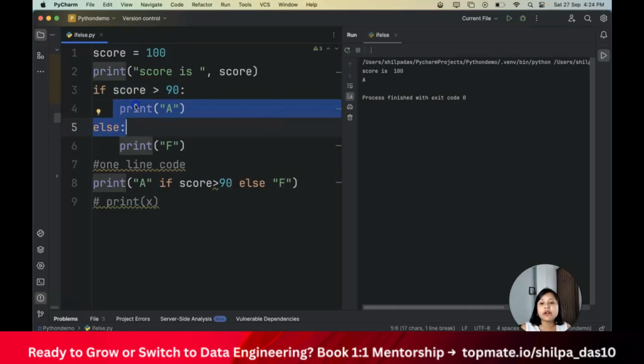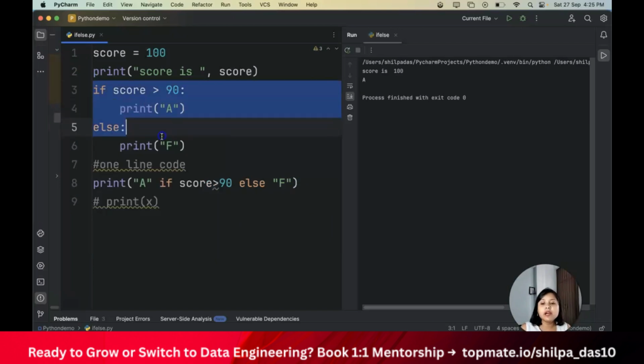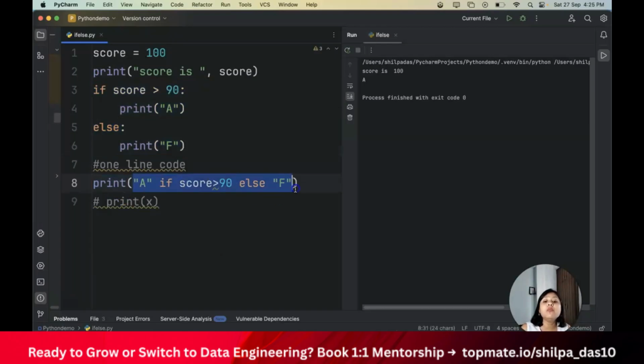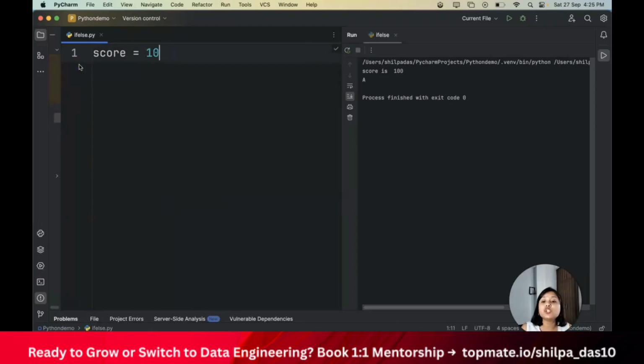It's a straight line code, right? I have to check this and then it will go to this particular piece of code and execute. Then I will go to this piece of code and execute, and then another piece of code and execute, and so on, right? Then I will go ahead and print the whole thing. I cannot put a print statement here and put everything inside this print statement. So to make it easier, I'm putting a print statement and making it a one line code. Okay, so now let's go ahead and remove this and basically do a challenge.